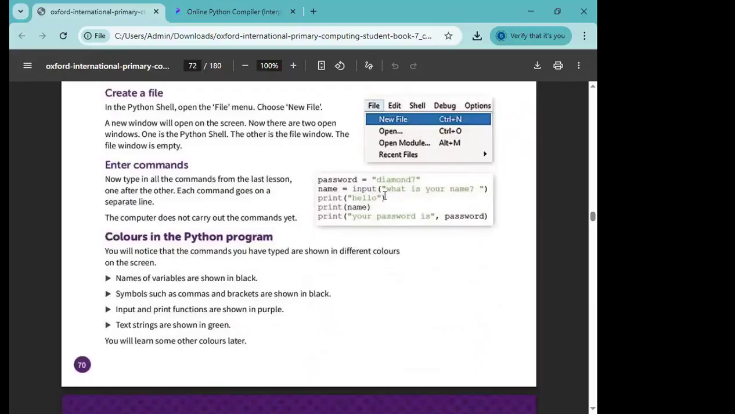Colors play a vital role in it. How? The names of the variables are shown in black color. See, the names are shown in black color. Now, the symbols such as commas and brackets are shown in black color. See the brackets. Okay? These all are shown in black color. Then the input and print functions are shown in purple color. You can see it over here. And then the text strings are shown in green color. The colors play a vital role over here, and they are usually used to identify the problem,